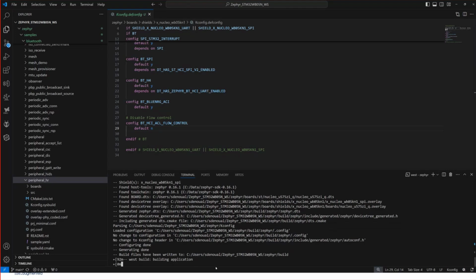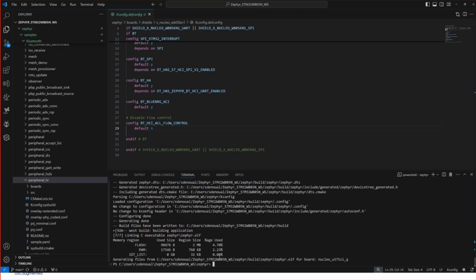Okay, build is ongoing. So in a real use case, we are most probably falling once again into the demo effect. In a real use case, it should take around 30 seconds to build on a standard laptop. Of course, you can even use a Linux machine. From our checks, it's even faster. Okay, link is ongoing, so we are close to the end. Once we are done with the build, we can flash our board.